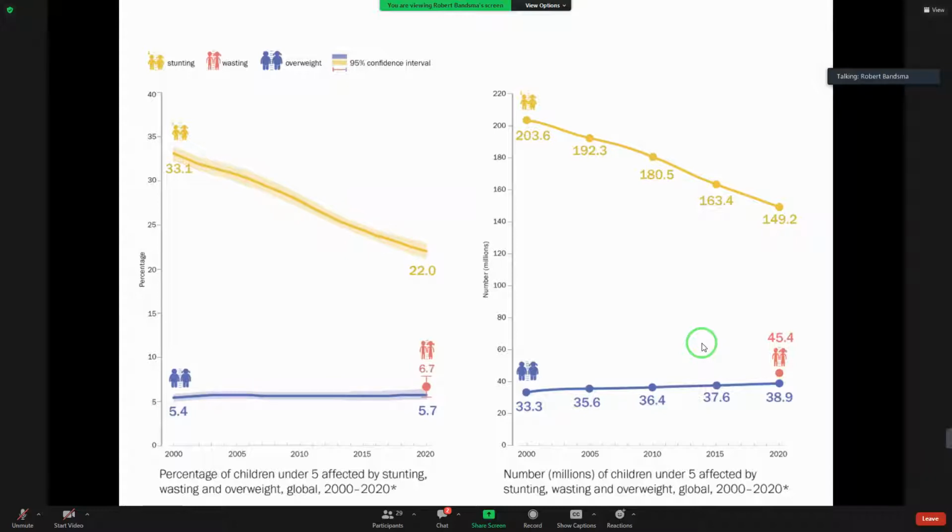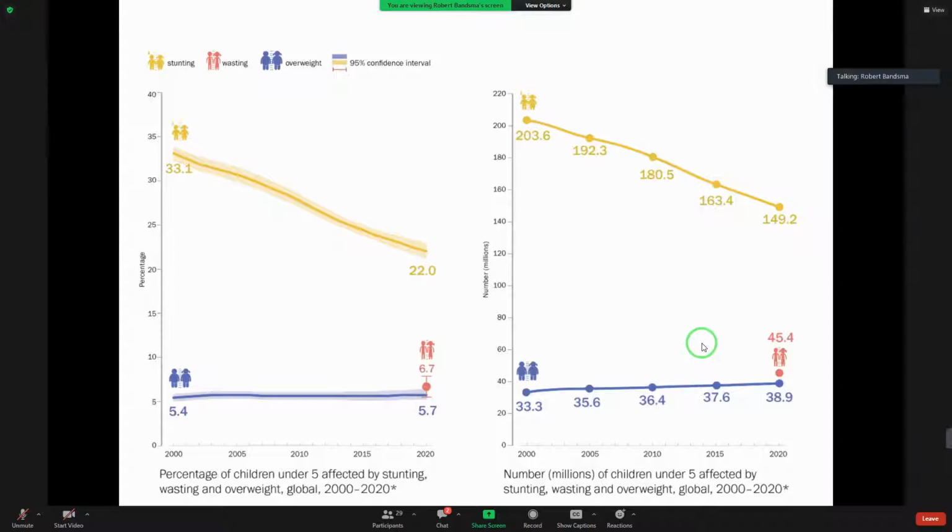And you also see that in the absolute number. You have to put it into perspective of a growing population, right? We've grown significantly over the last 20 years. So even with this population growth, the burden of stunting has significantly been reduced. In part it's related to the development, especially in China, which has lifted close to 800 million out of poverty in a relatively short time period. And that, of course, has had a significant impact on stunting. But also other countries have made significant progress in reducing the burden of stunting.